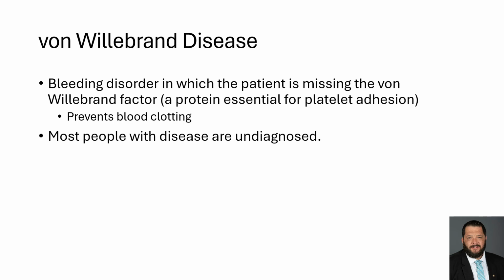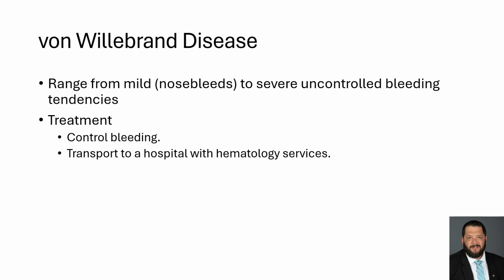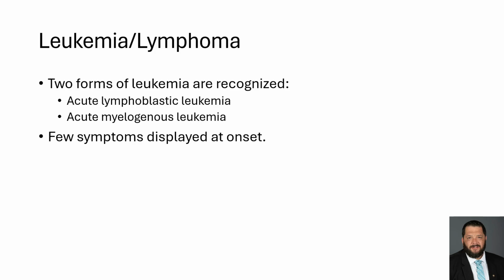Von Willebrand disease is a bleeding disorder in which the patient is missing the von Willebrand factor, which is a protein that's essential for platelet adhesion that prevents blood clotting. Most people with this disease are undiagnosed. It ranges from mild forms such as nosebleeds to severe uncontrolled bleeding tendencies. Treatment for these patients in the prehospital world is controlling bleeding and then transporting to a facility with hematology